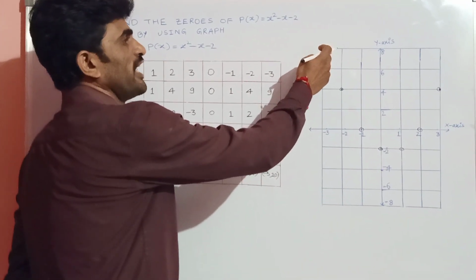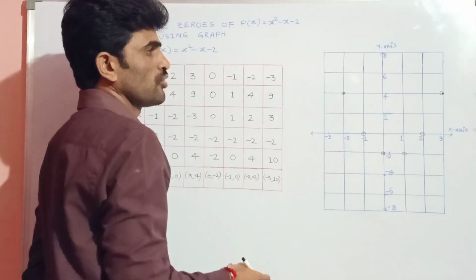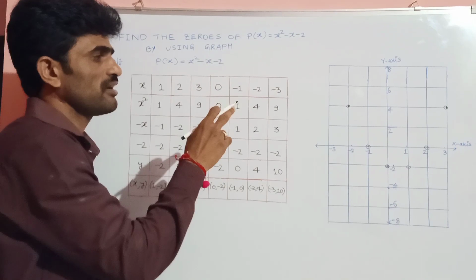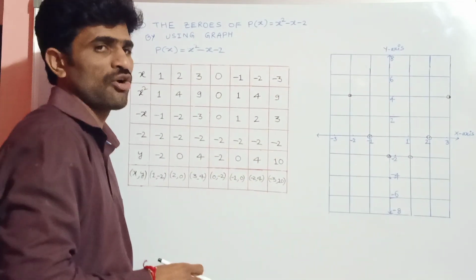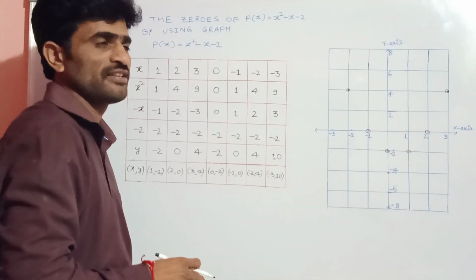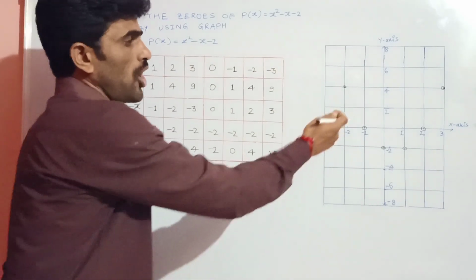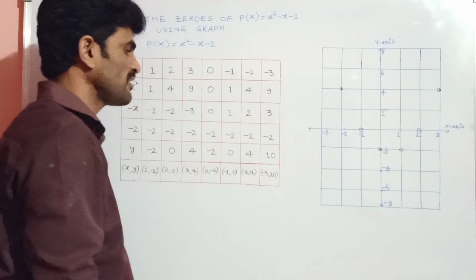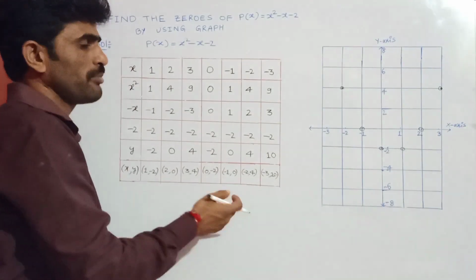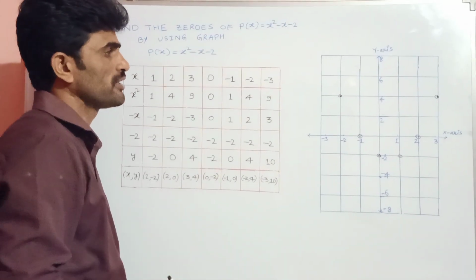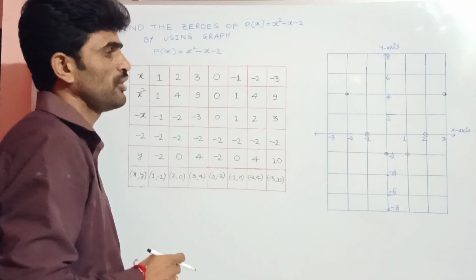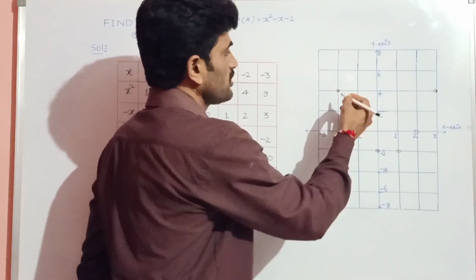Till here I have 8 only. I don't have 10 in this. Actually we have to find out where the curve is intersecting the x-axis, at how many points it is intersecting the x-axis. Already here I got that it is intersecting the x-axis at 2 points. So if you are not able to locate minus 3 comma 10, no need to locate it. I am not locating it. So let us join all these points that we located. Let us see what shape we are getting here.